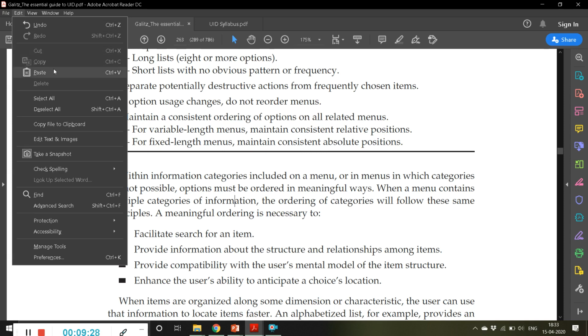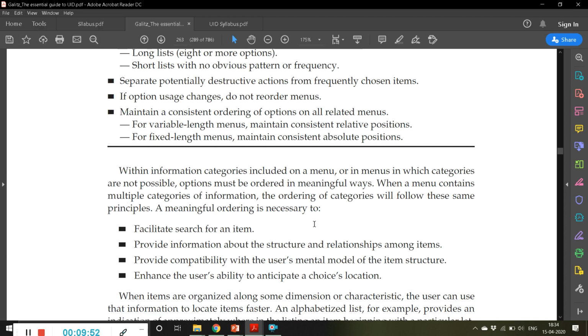Absolute position means, from the top, paste is in the 1 2 3 4 5th position, so that is the absolute position. Relative position also means the distance from select all to paste. So we have to maintain consistent relative positions as well as consistent absolute positions.